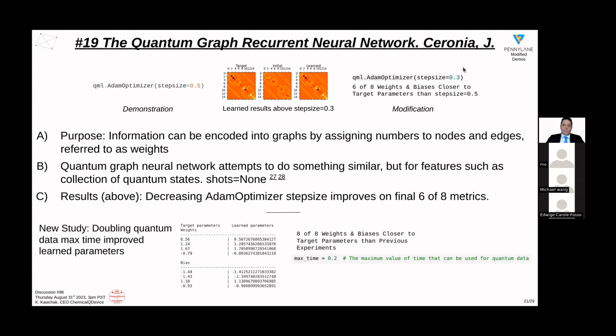So I'm setting the maximum time for quantum data in this specific case to twice what it was. And instead of 6 of the 8 being better compared to the last run, now 8 of the 8 are better. So these 0.56, 0.56, and it's closer by like an order of magnitude than it was. These values, 1.24, 1.28, 1.67, they're closer than trying to adjust for the step size. But,